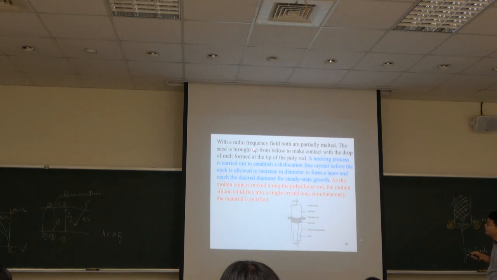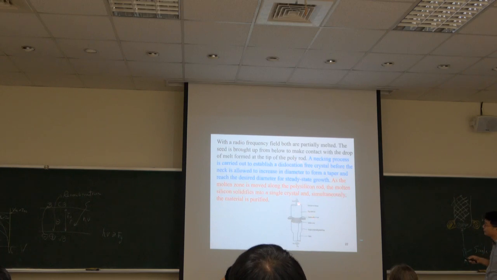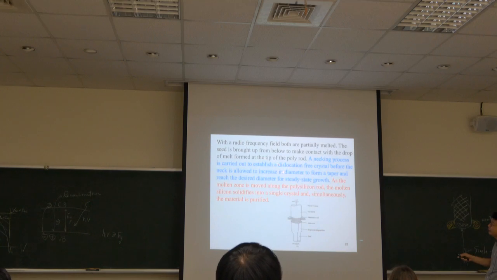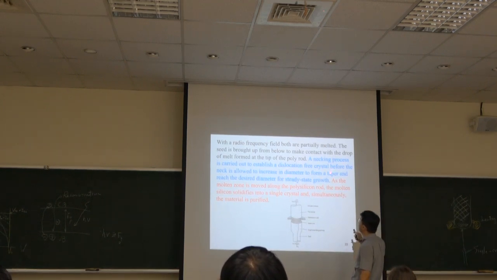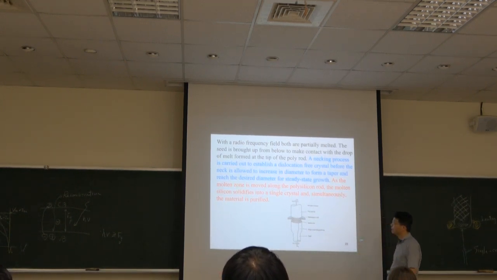So this is with the radio frequency field, both sides partially emit. The seed is brought out from below to make contact with the drop of metal, of a melt formed at the tip of the poly rod. So here is the poly rod. And then we carry out the necking process to establish dislocation-free silicon,